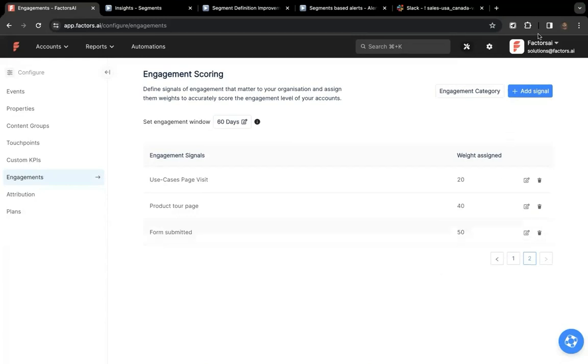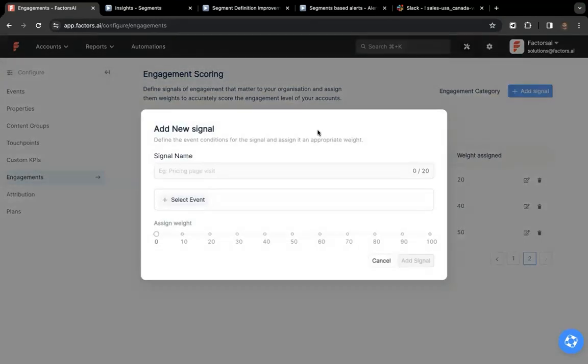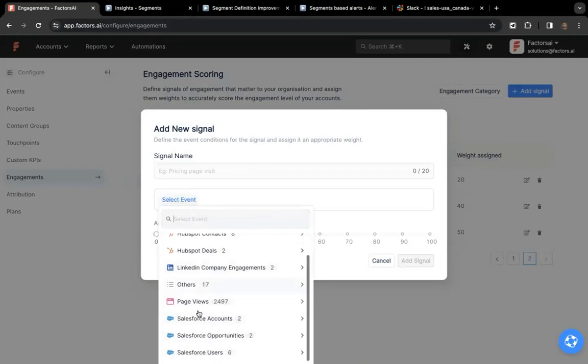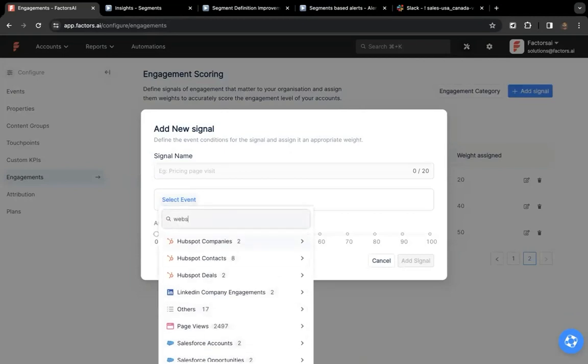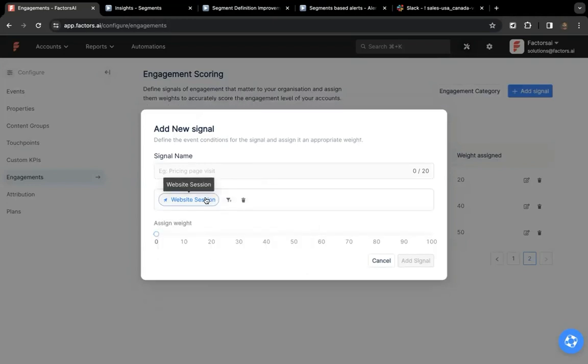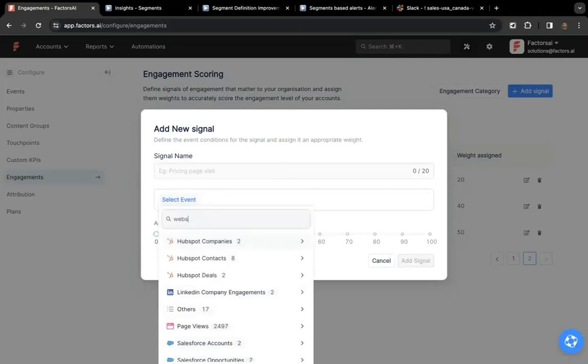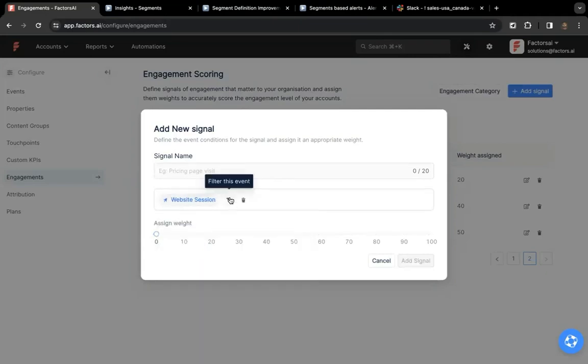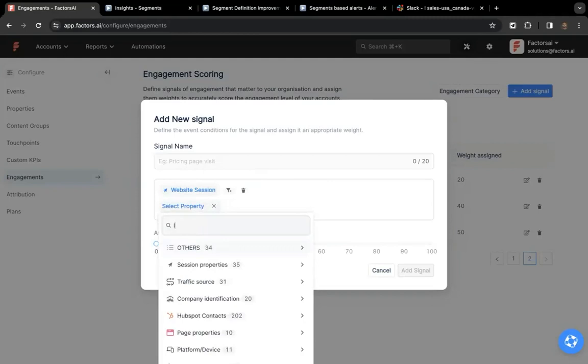You can go ahead and set up any particular signal and name it in a way that's easy for your team to understand. For example, why don't we set up something like a website session with a specific landing page. The way you do that is you click on the event here, select website session, then click on this filter icon and select landing page URL